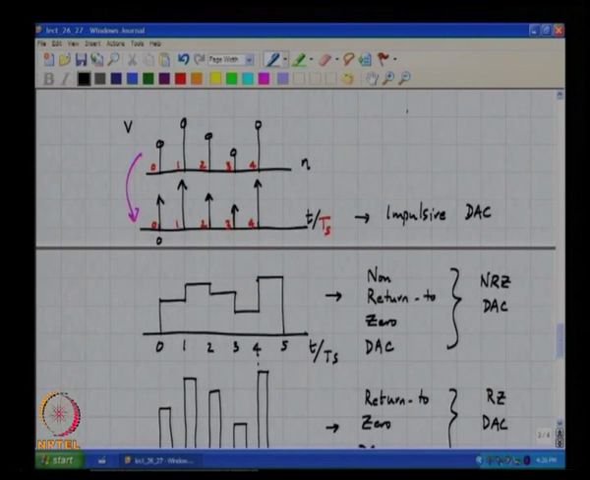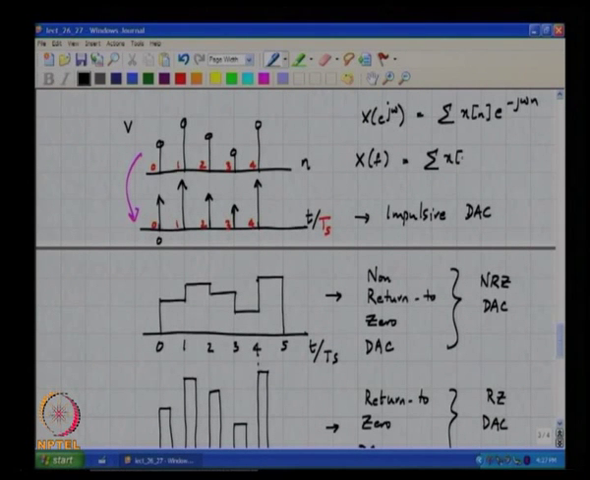Yeah. So, it is very straightforward. X of e to the j omega is nothing but sigma x of n e to the minus j omega n, and X of f is nothing but sigma x of n e to the minus j 2 pi f T s times n, correct. So, as you can see, it is simply a matter of taking the spectrum of the